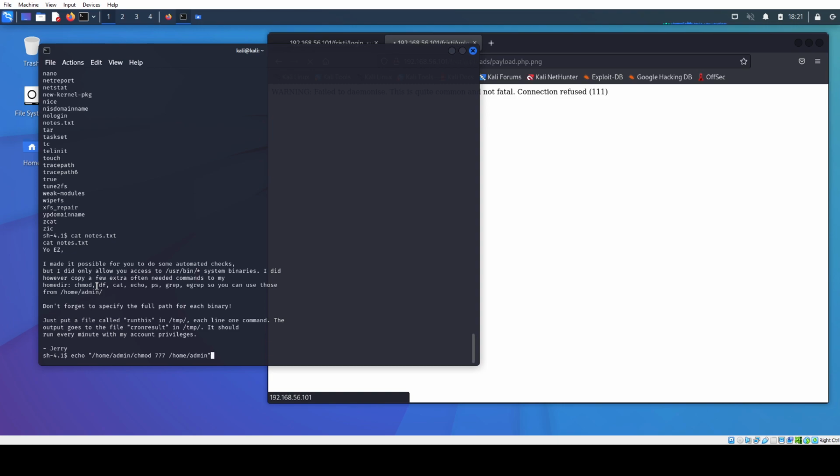You can probably see what I'm doing here now. And I'm going to put this into /tmp/runthis. So basically, again, what I did here is I'm modifying the permissions of the admin user's home directory to give all permissions to everyone, just so I have easy access to it now. I am putting this whole command into a file called runthis in the tmp directory, which will run every minute with his account privileges. So when I hit enter here,